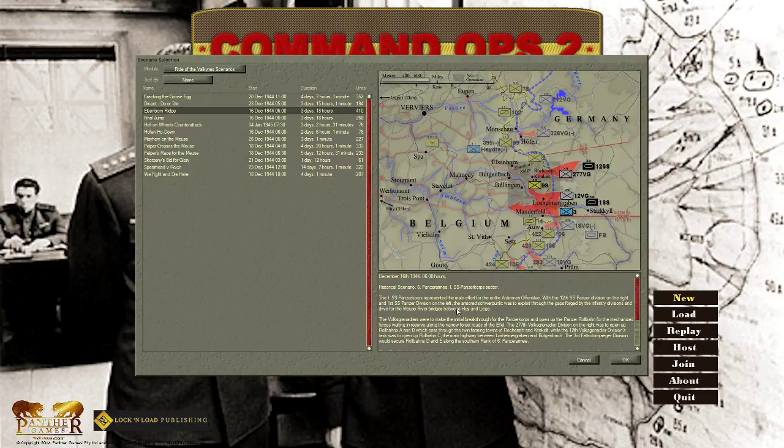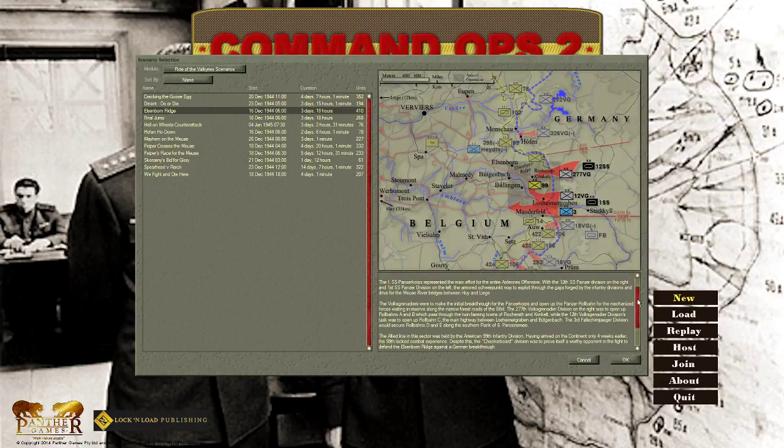So the day is December 16th, 1944 at 0600 hours. We are fighting as the 6. Panzerarmee and playing the 1. SS Panzerkorps. I'm just going to read the scenario briefing. The 1. SS Panzerkorps represented the main effort for the entire Ardennes offensive, with the 12th SS Panzer Division on